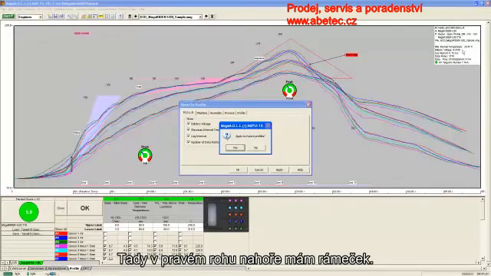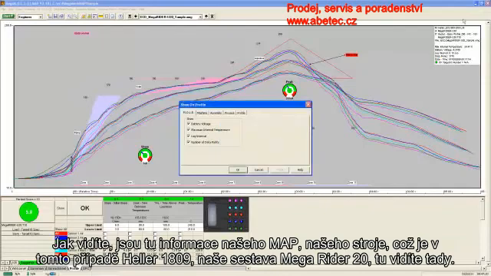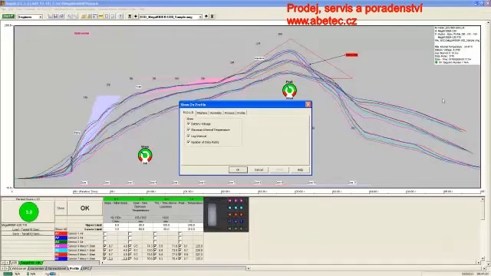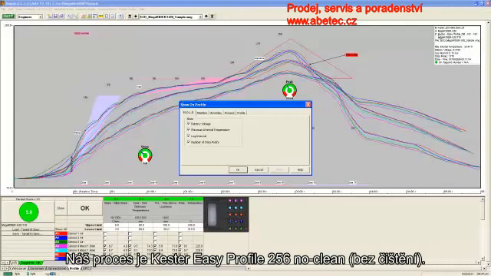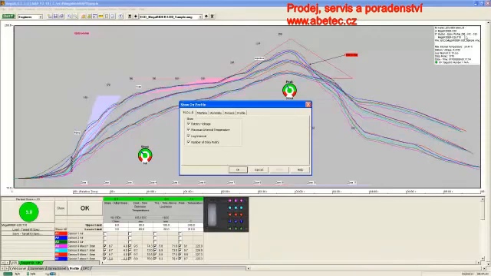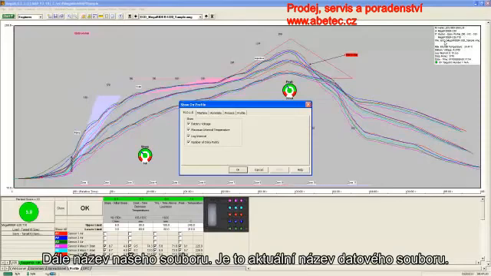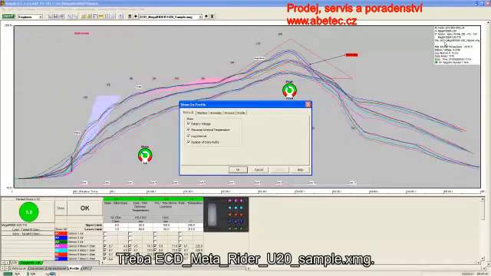So we have this box in the upper right-hand corner. You can see that we have our map information, our machine, which in this case happens to be a Heller 1809, our assembly, which is a MegaRider 20, which is visible right here, and our process is a Kester Easy Profile 256 No Clean. And then our file name, that's the actual name of the data file, happens to be ECD MegaRider U20 Sample